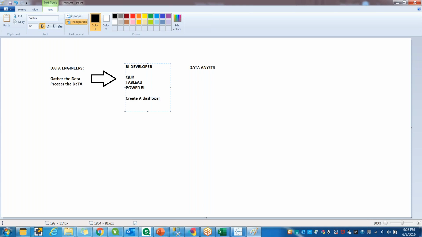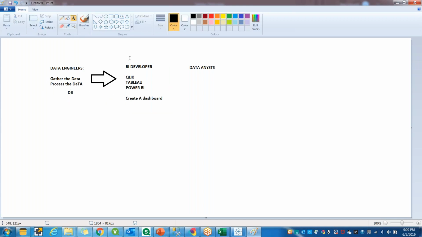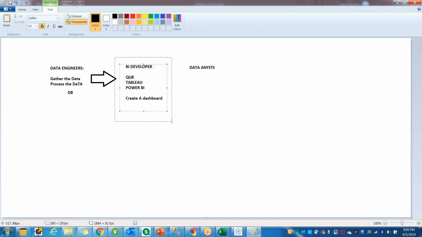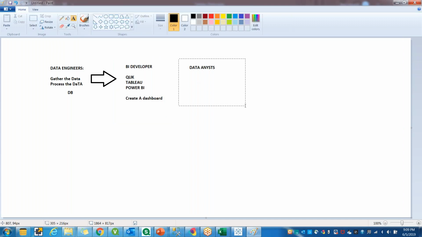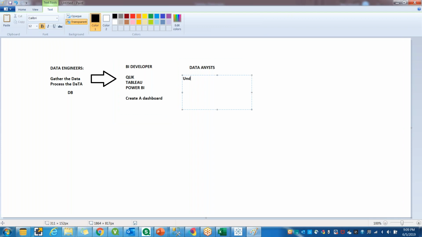Extract the data from whatever data sources, once the data engineers process the data and store it in some database, load the data, take the requirement, and create a nice Tableau dashboard. They are not much involved with the end user or presenting the dashboard. Whereas a data analyst is the one who understands business,